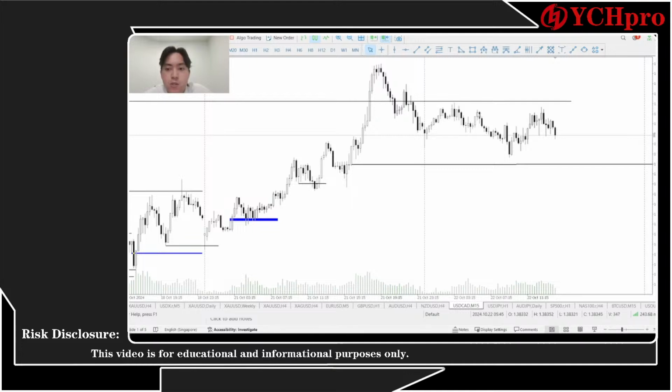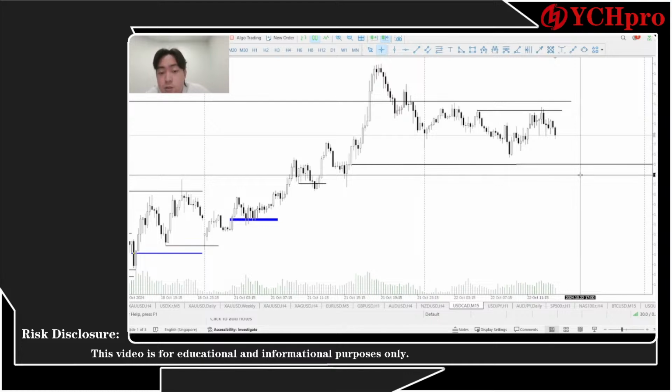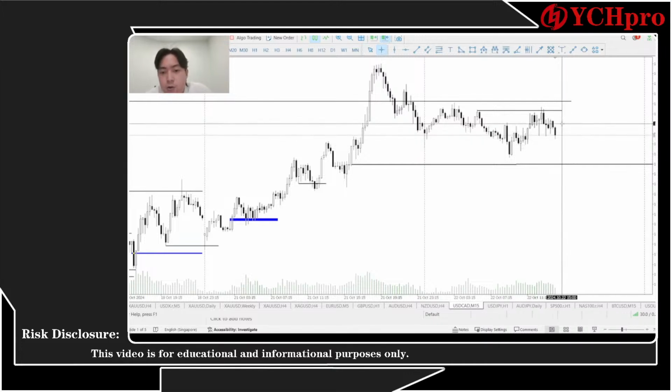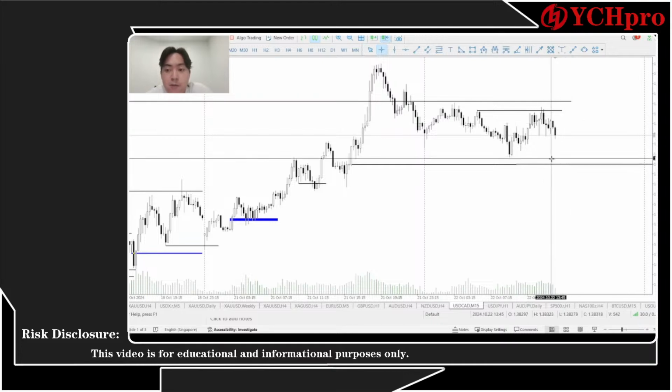So it depends, but I'm not trying to do long right now because it seems like the price wants to go lower. So you can see the price is grabbing these liquidations, and then the price is likely preparing on the low side and maybe reaching through this or maybe even lower. So I'm not preparing to do long on USD/CAD pairings. I'm thinking that the market might be going on the low side first, and then after that will continue going higher. So I'll continue waiting and see how it happens. Maybe around 8 o'clock or maybe even 7:45, it might take some time, because USD/CAD volatility is much smaller than the gold market and other currencies.